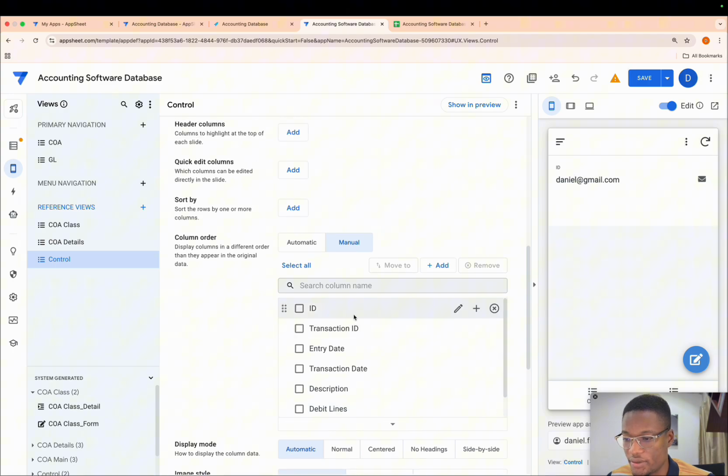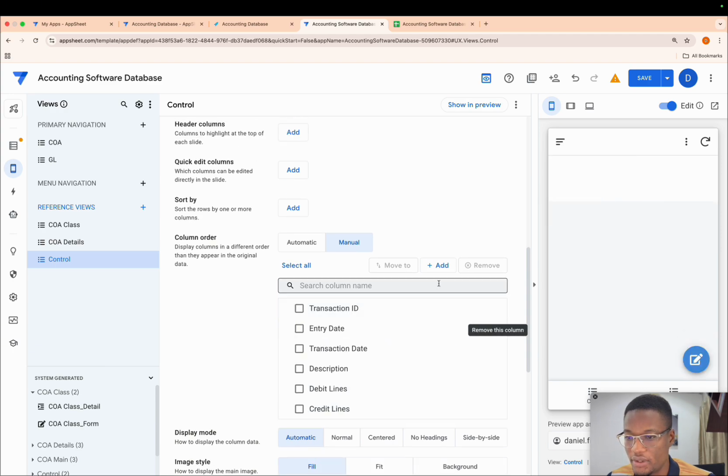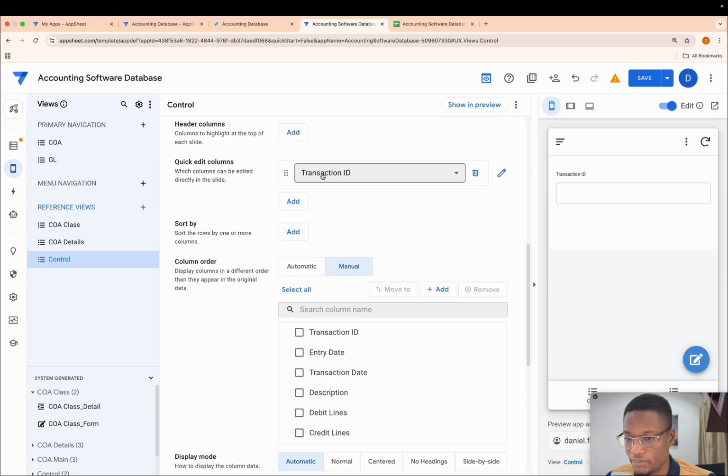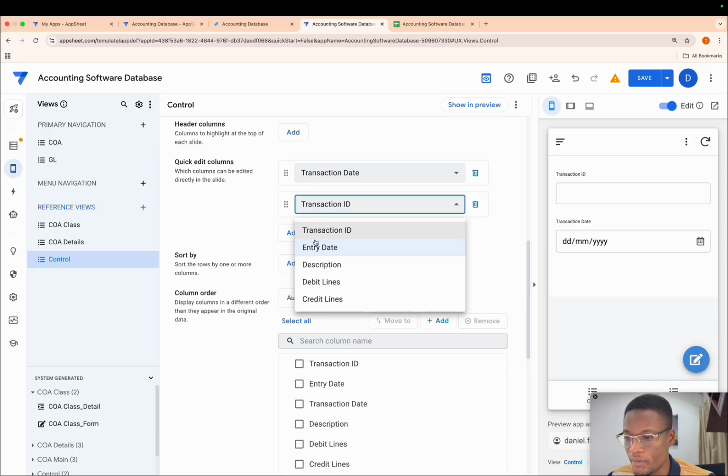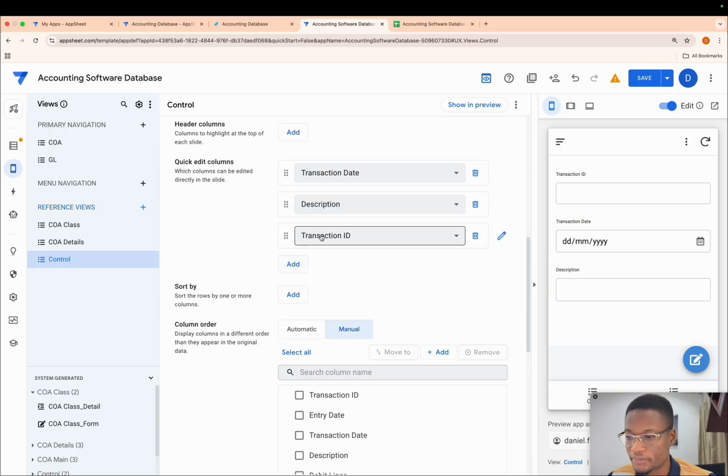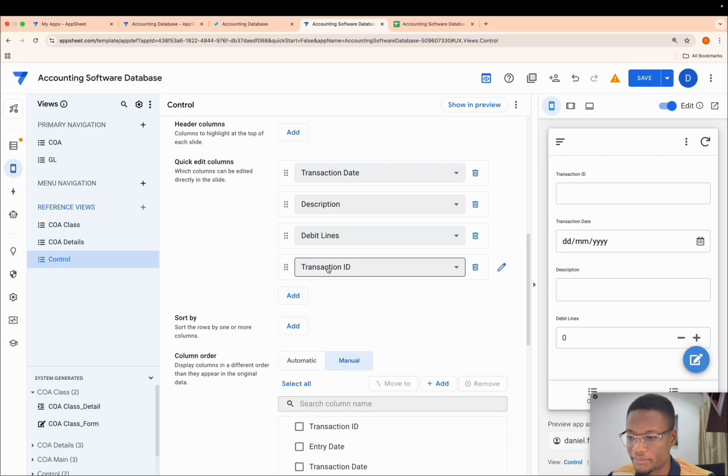Good. So we're going to take this guy off, and then we're going to do a quick edit. Transaction ID shouldn't be quick edit. It's going to be transaction date as a quick edit, description, debit line, credit line. Good, something like this.